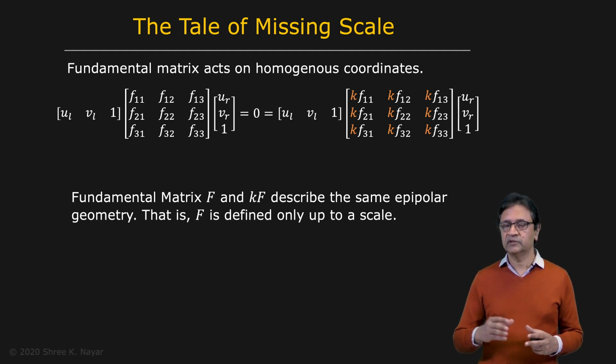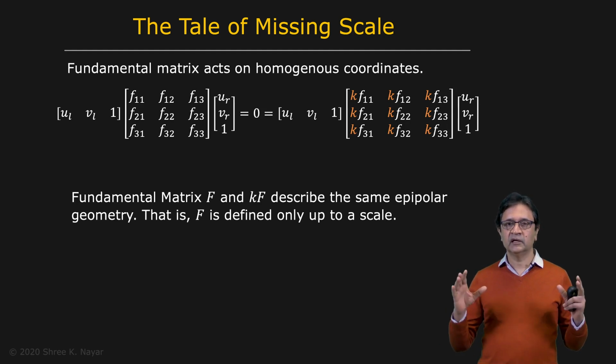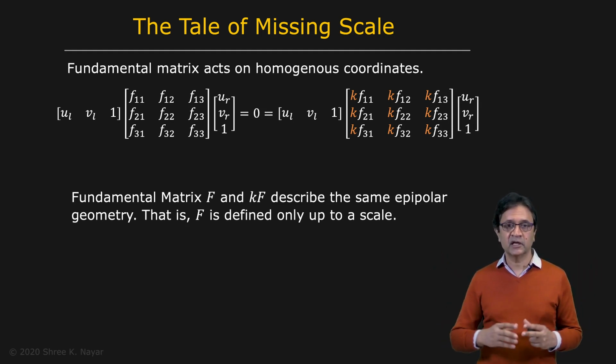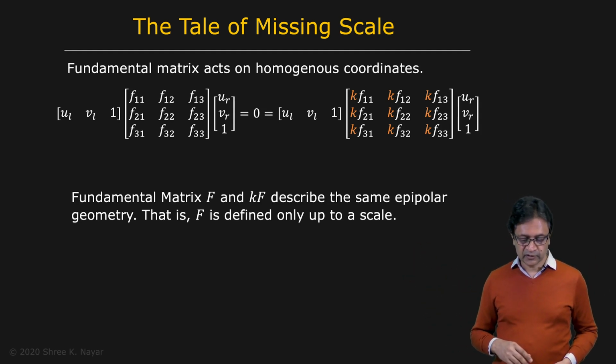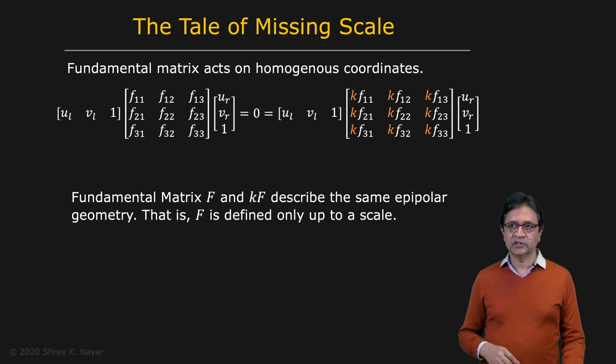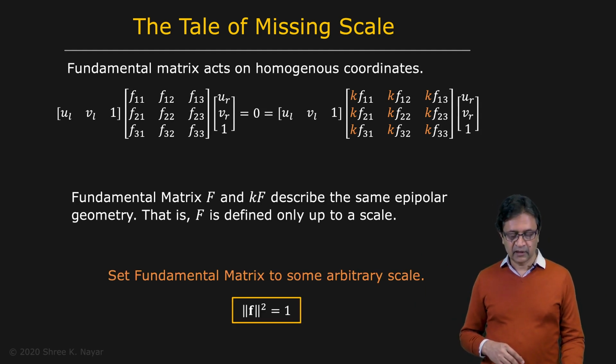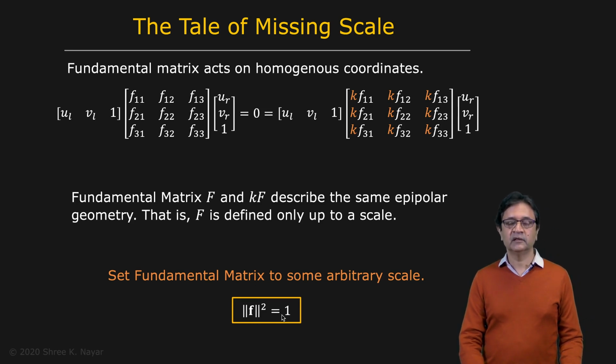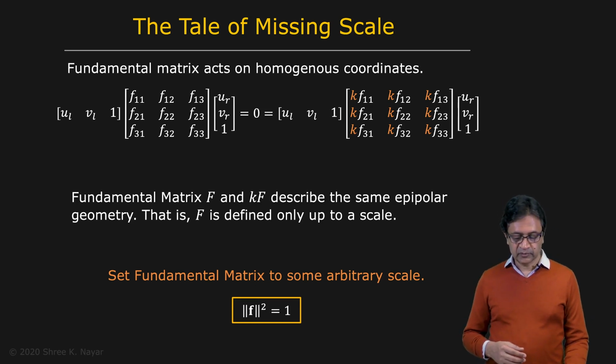Another way to look at this, which we've discussed before, is that if you take a stereo pair and a world and you take two images, and now you simply scale up the entire system, that is, you double the size of the world and you double the size of your stereo system, you're going to end up getting the same images. So F is only defined up to a scale factor, and so we can then set the scale of F, so to speak. One way to set the scale of F is by saying that the norm of F squared is equal to 1. We use this particular way of doing it because it's convenient in the way we wish to formulate the problem.